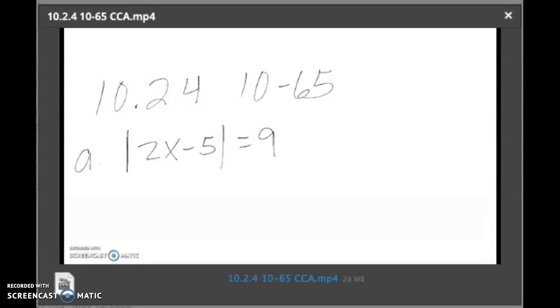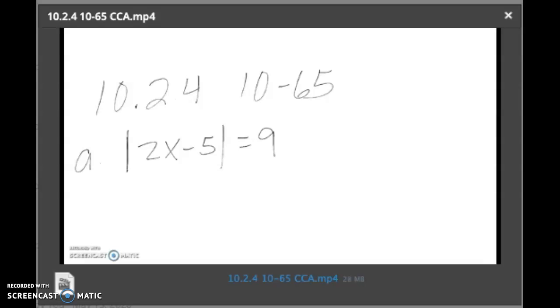Lesson 10.2.4, problem 1065. In this problem, we are given an absolute value equation, and just like we've been doing in the other problems in this lesson, we're trying to figure out a way to quickly determine how many solutions this equation has. All right, so when I'm looking at this equation here, the absolute value of 2x minus 5